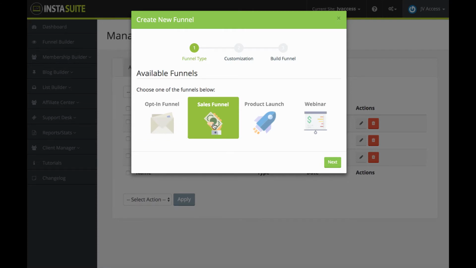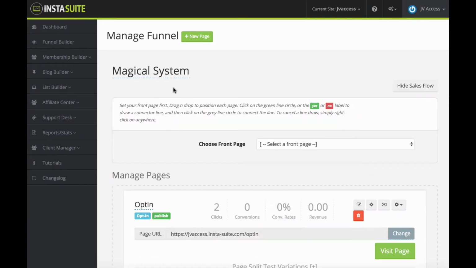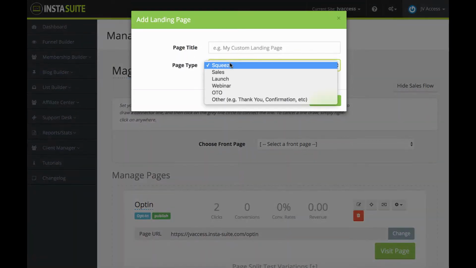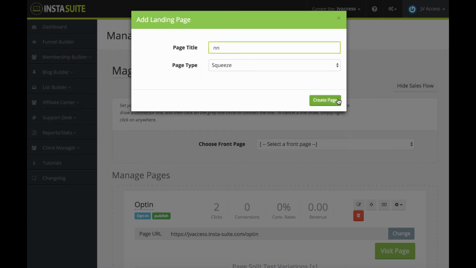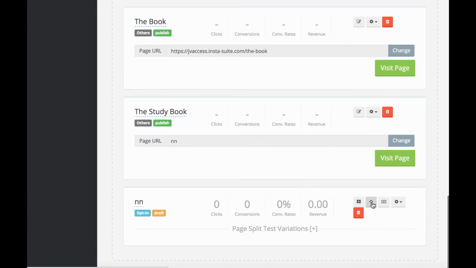You want a full regular sales funnel like I just showed, a product launch, where it's kind of like a Jeff Walker style product launch, or even a webinar. All right, so let's go in here and again, let's go back to creating just one page. So again, these are the different types of pages. Let's just do a squeeze page for one example here so you can see what kind of templates you're going to be getting. So we'd go down here, and then we would go to